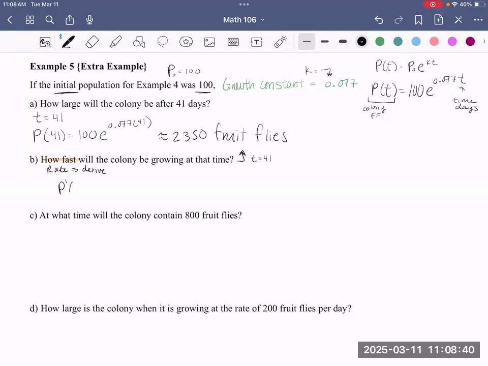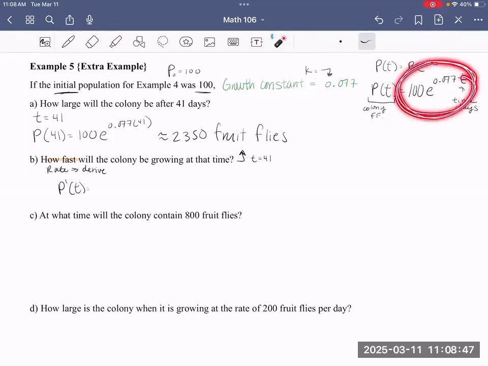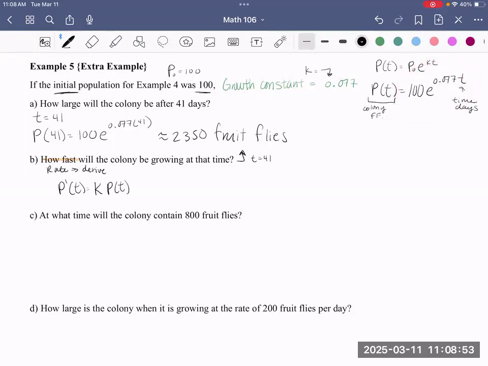So the derivative of P of T, as we've talked about before, we can certainly use your chain rule here, right? Otherwise, we could say, hey, the derivative of P of T is really K times its original P of T, meaning that we have your K, which was 0.077, times your formula that we had been using,